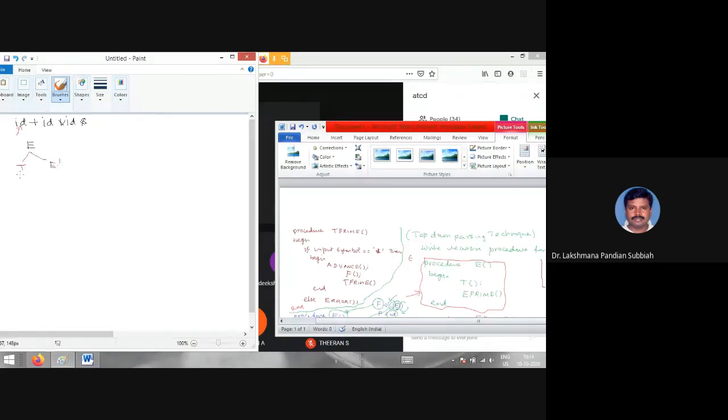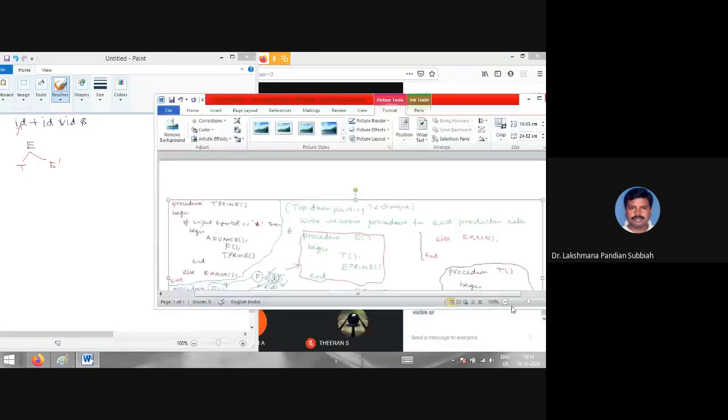Now we are calling the procedure called T. Then we have to go for calling that procedure. You see here, the procedure for T has F and T prime.